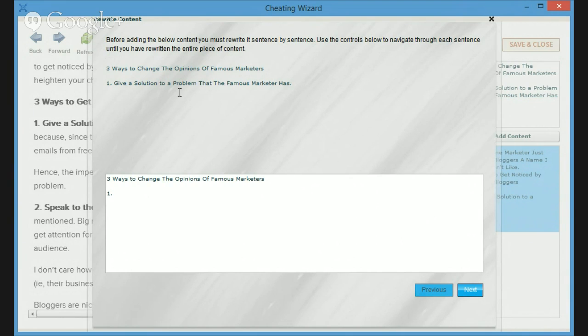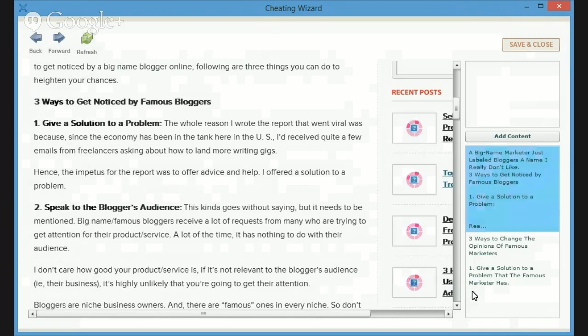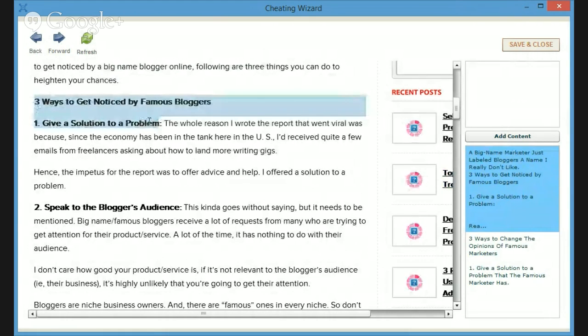Okay, now see this, I was doing it wrong. I should have been adding the content and then changing it here. But since I've already changed it, basically when you highlight text, drag it here, and then when you go to add it, then you make your changes the way you want it.